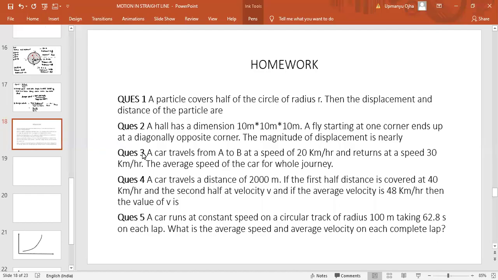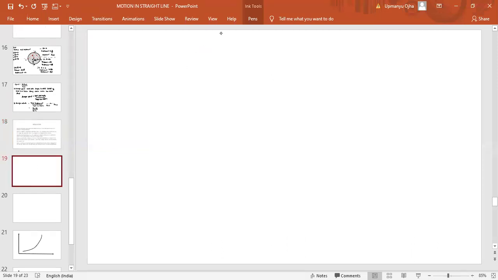A particle covers half of a circle of radius r, then the displacement and distance of the particle. Okay, so the question is,